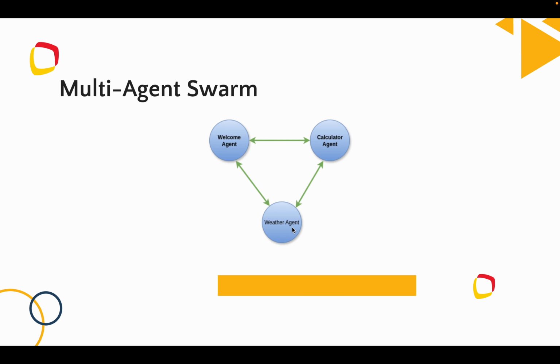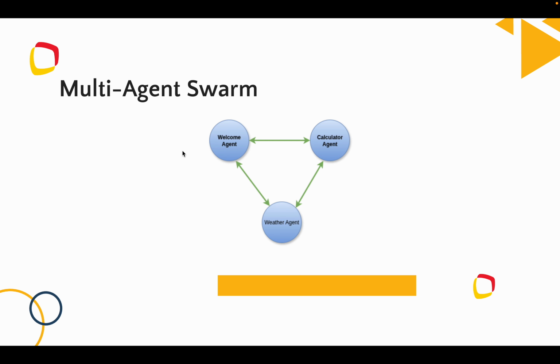The weather agent knows about the other two agents: it knows about the calculator agent and what the calculator agent is doing, and it also knows about the welcome agent and has a very clear idea about it. Similar to that, each and every agent knows about the other agents. And what happens in the swarm architecture, maybe the request is coming. We will set the welcome agent as the